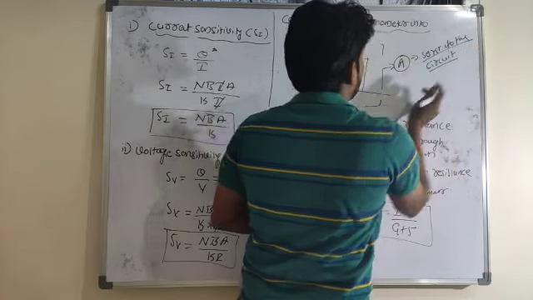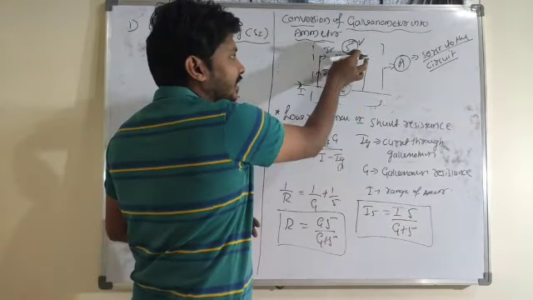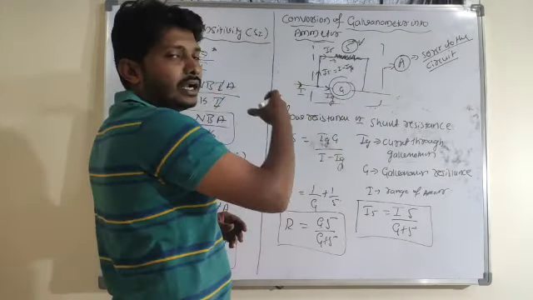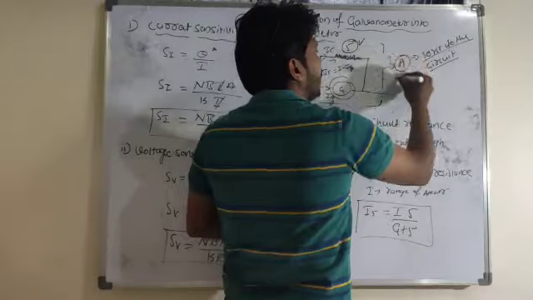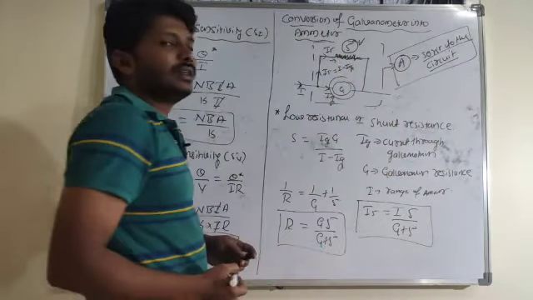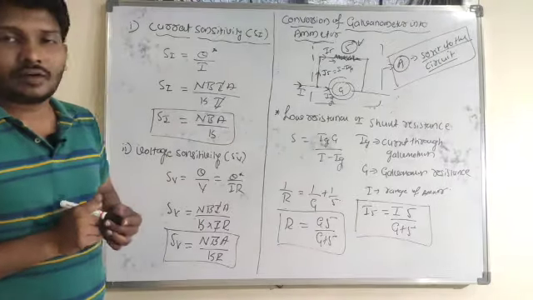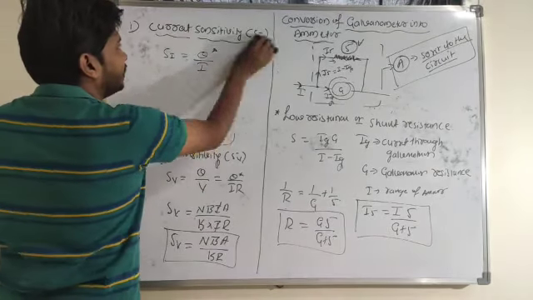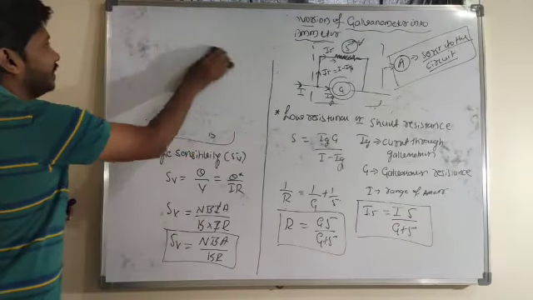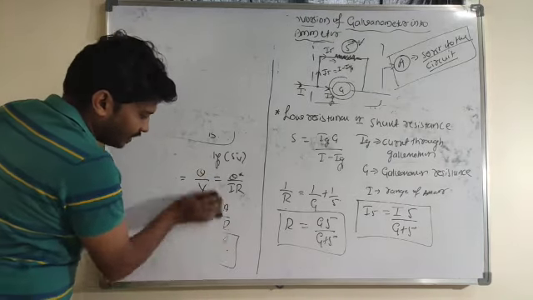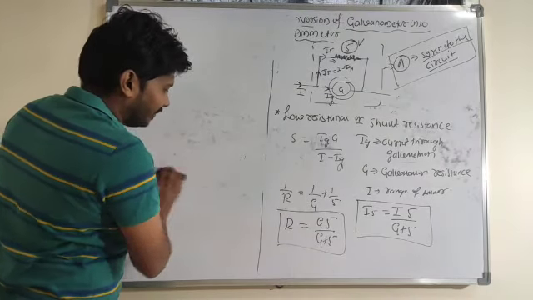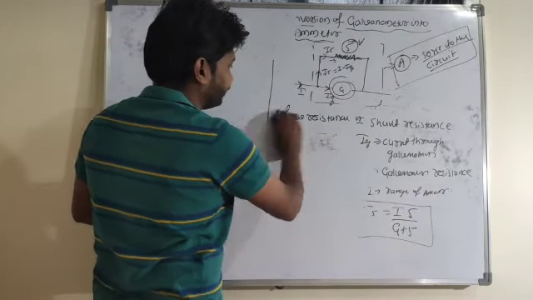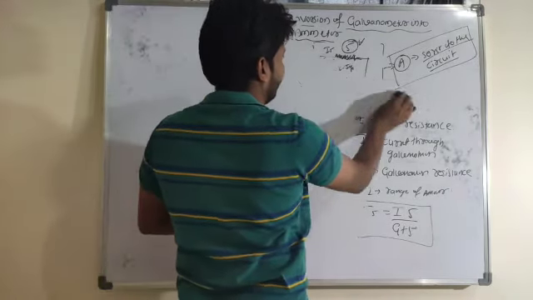So don't get confused here. In order to convert galvanometer into ammeter, low resistance is parallel to the galvanometer. In order to measure current in any circuit, the ammeter should be connected series to the circuit. Similarly, I want to convert the galvanometer into a voltmeter. In order to convert galvanometer into voltmeter, what do I have to do? A suitable high resistance needs to be connected series to the galvanometer.